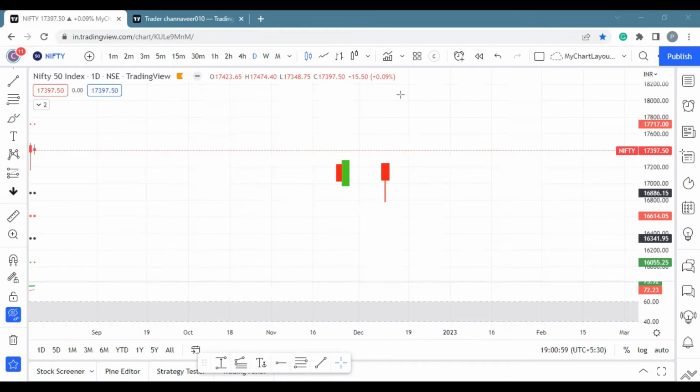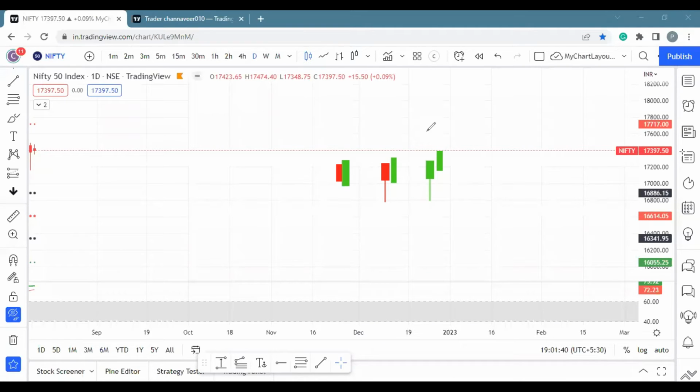What are those patterns? You can have a bullish engulfing, where you have a red candle followed by a green candle. You can have a red pin bar and a green candle taking the high of that red candle, or you can have a green pin bar followed by a green candle taking the high of the green candle. There can be n combinations, or any bullish candlestick patterns you can trade, but we are only interested when these patterns are forming at the locations which we identified in rule number 2.